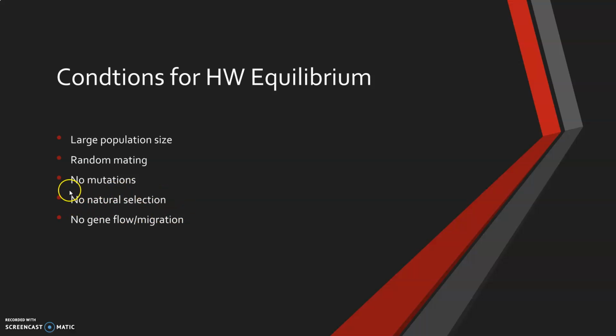No natural selection. Obviously, if you have one gene or allele being picked over another one, that's going to change the amount found in the population, and that's going to again lead to evolution and the change within a population. And the last one is no gene flow or migration. As we mentioned last